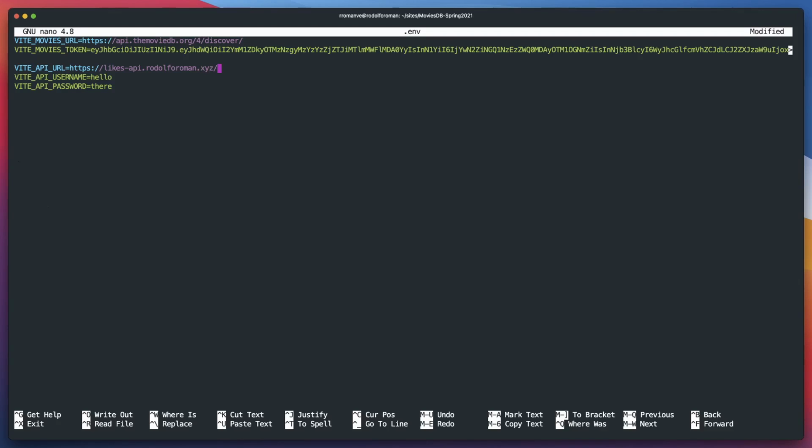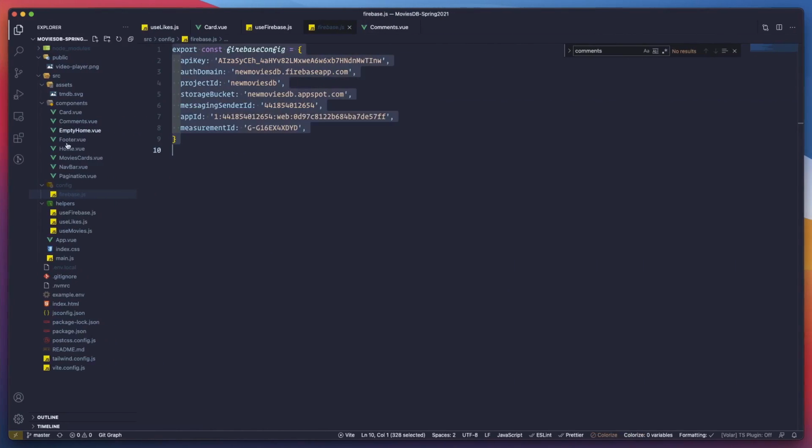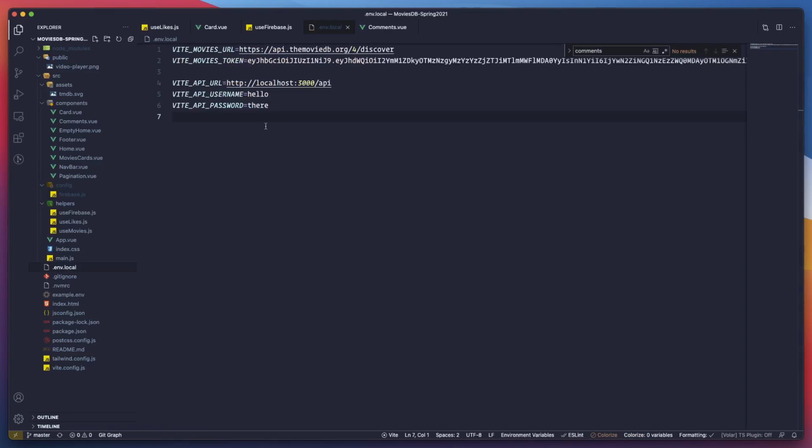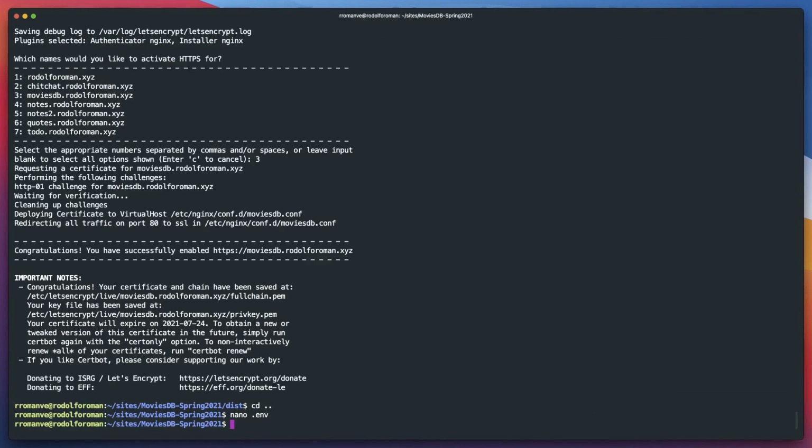And I believe this should be API. Right? Oh, we had it before. EMB. Yeah, /API. So this is the one thing that was missing. I have a typo in that one there. So let's do Ctrl X. Yes, enter. So the cool thing is already nginx there, so I can just do npm run build, and it